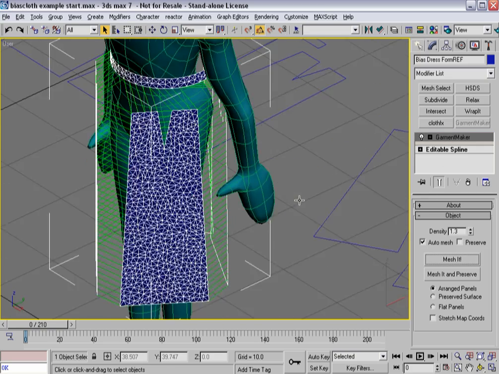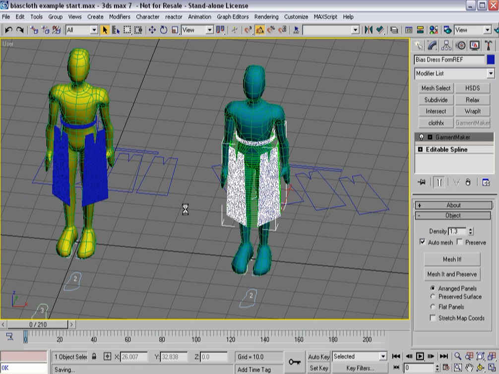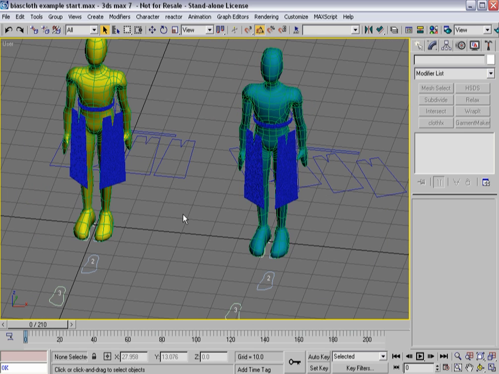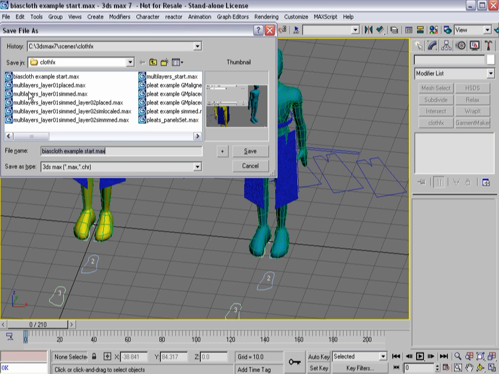Okay, so now I've got Garment Maker assigned here and here. At this point, now that I've got both of them set, let's go ahead and save as. And I'm going to call this